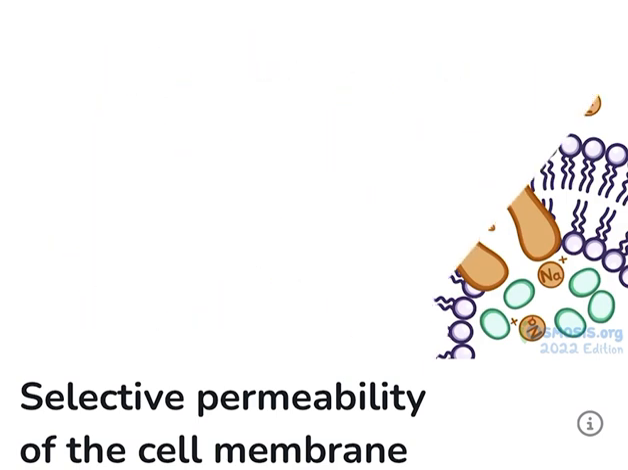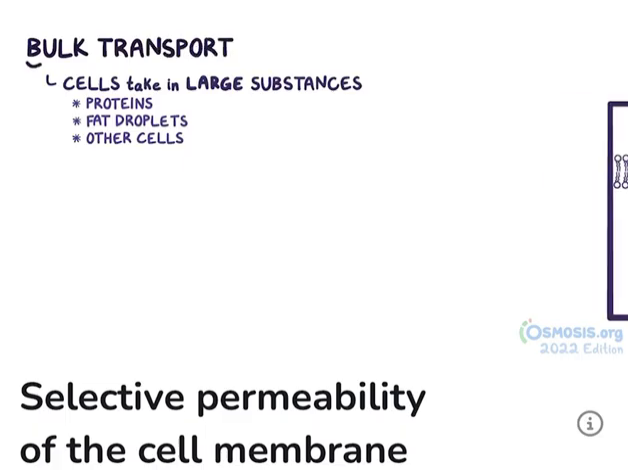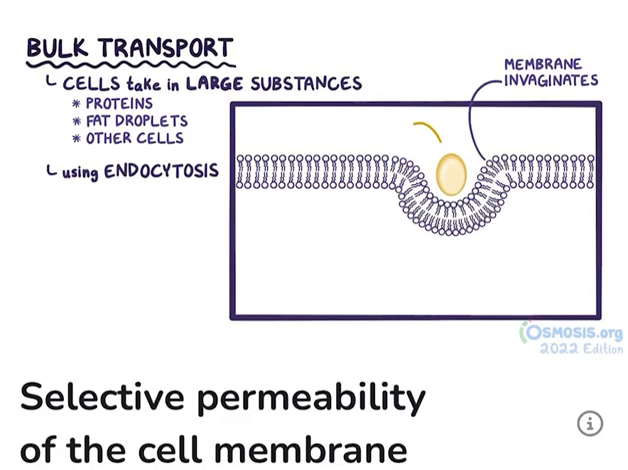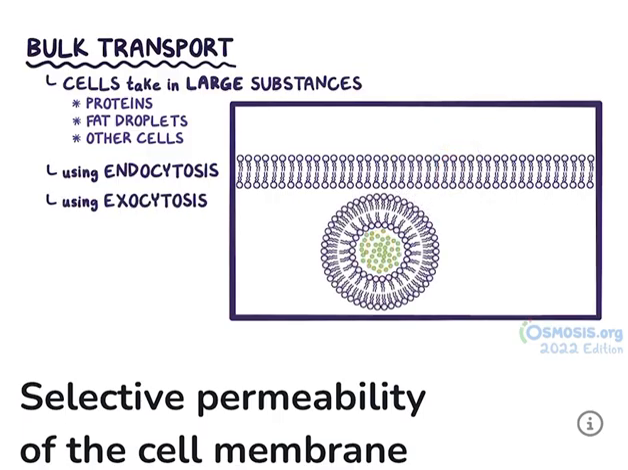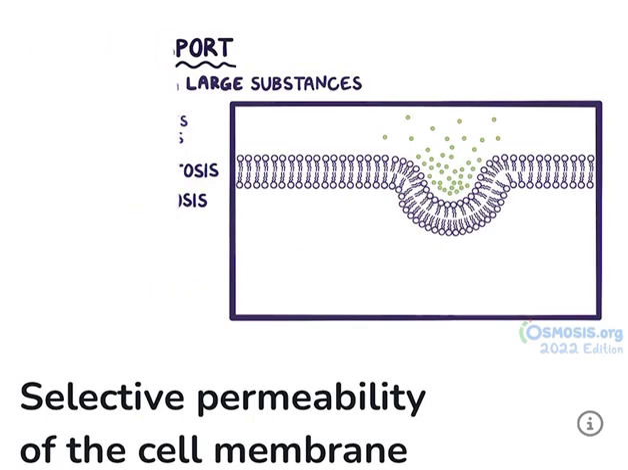Now, in addition to pulling in individual molecules and ions, sometimes cells need to take in relatively large substances, like proteins, fat droplets, and sometimes entire other cells. In these situations, the cell resorts to bulk transport, using endocytosis, where the cell membrane invaginates and pulls in something from the outside. Or using exocytosis, where a vesicle from within the cell pushes something out. Alright, as a quick recap,